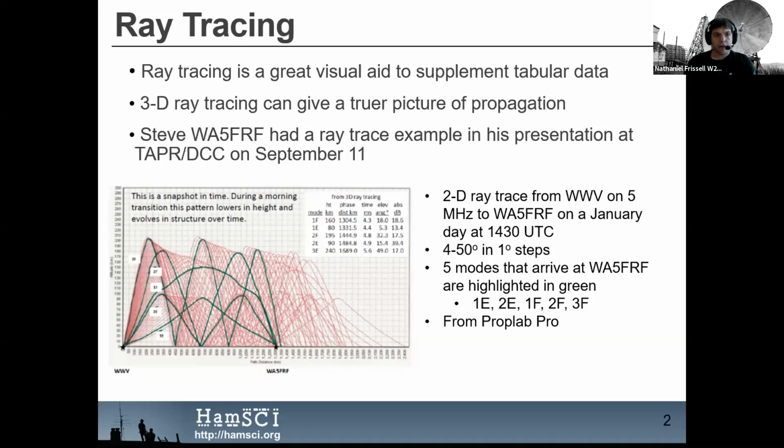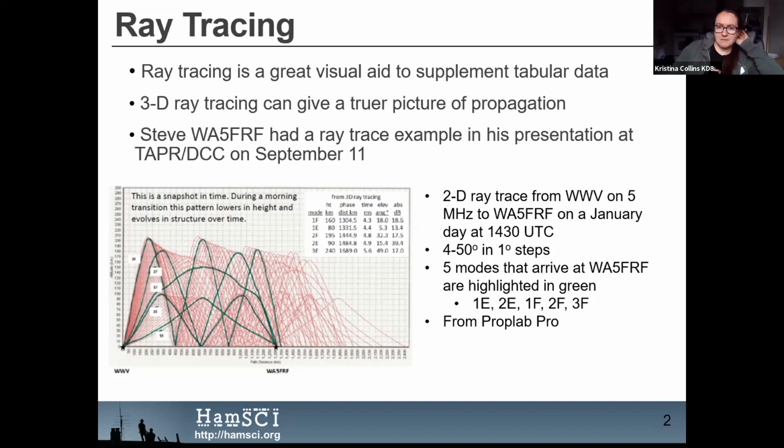Carl, would you mind reproducing Kristina's plots in PropLab Pro? I'd love to. That way we could compare apples to apples, because we're not sure that you have the same parameters set for both ray traces. And it's for a different date for starters, but I'll shoot you guys an email and we can talk